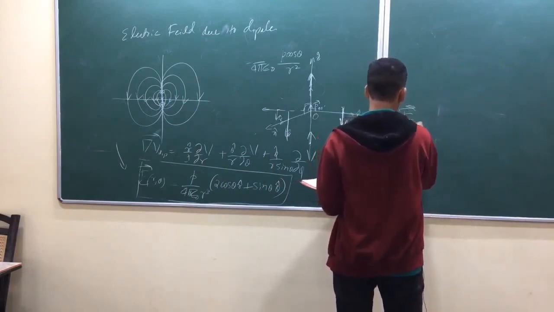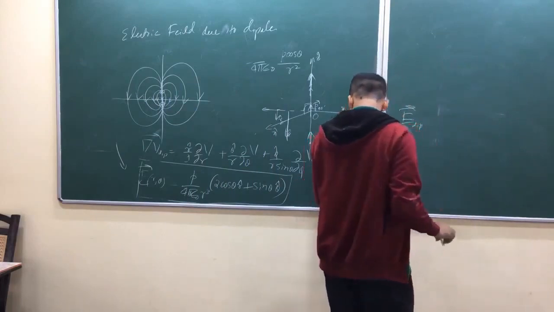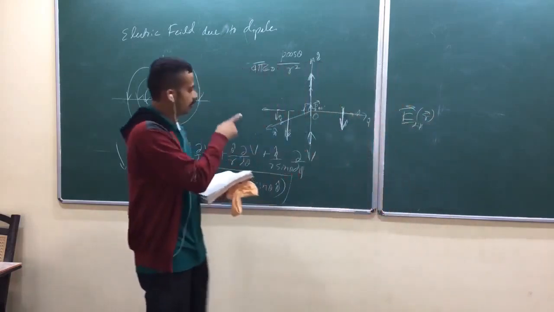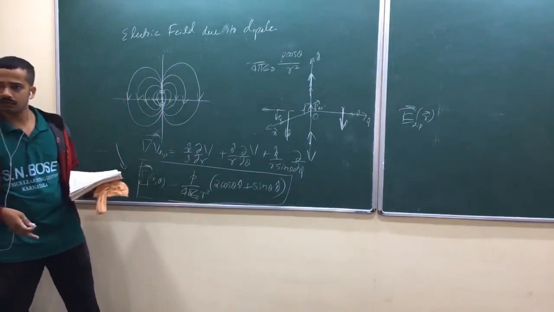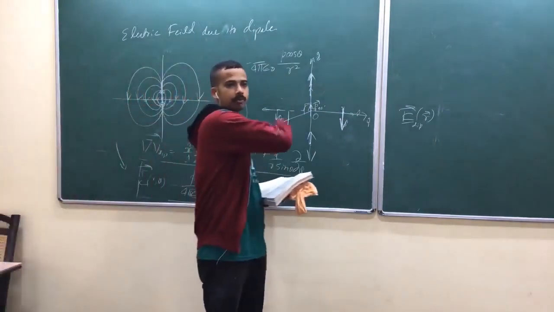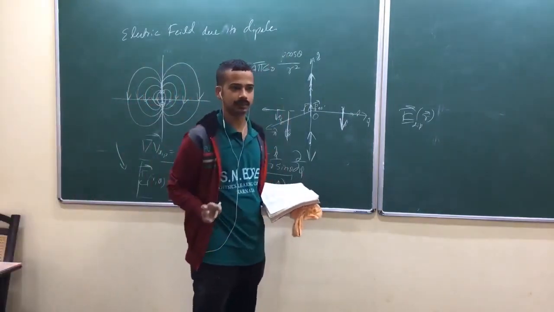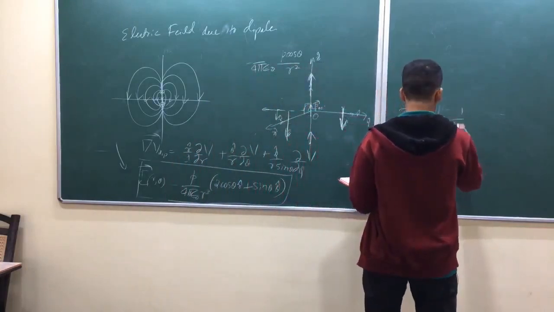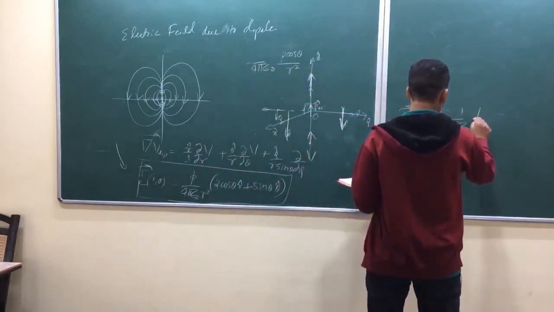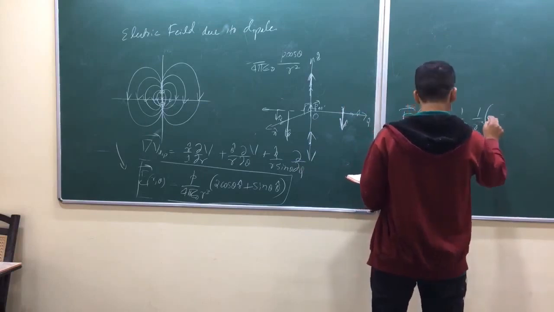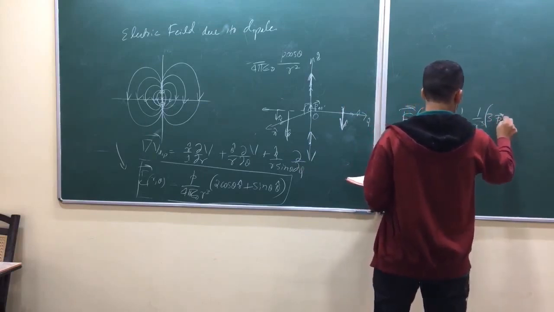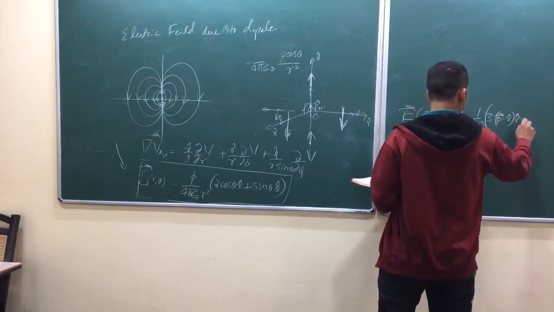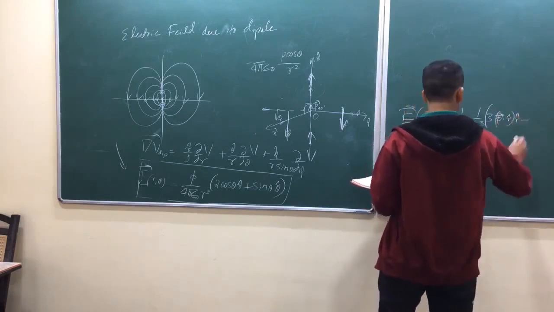Electric field due to dipole. You'll write that one in coordinate-free form, because here you have to take your z-axis along the dipole moment vector, or dipole moment along the z-axis. Then only this formula applies. So this is 1 by 4 pi epsilon naught, 1 by r cube, 3 times (p vector dot r cap) times r cap, because this is a scalar, minus p vector.